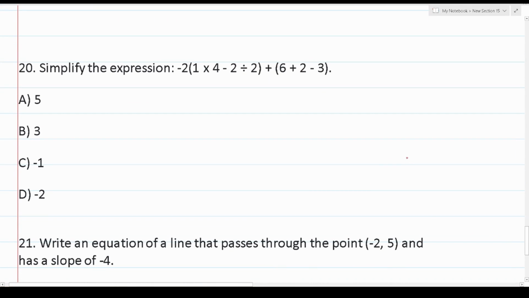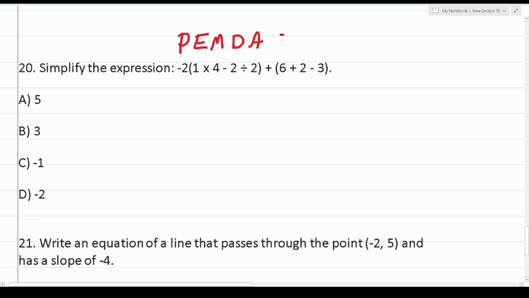All right, so number 20 says, simplify the expression. We have negative 2 parentheses 1 times 4 minus 2 divided by 2 plus parentheses 6 plus 2 minus 3. Okay, so whenever you have an expression that's all jumbled up like this, it should be a clue that you're going to have to make use of the order of operations to simplify the expression. And the order of operations are best remembered by the acronym